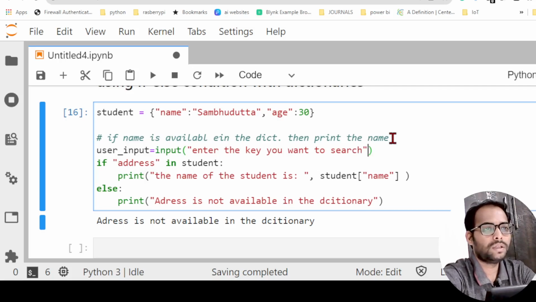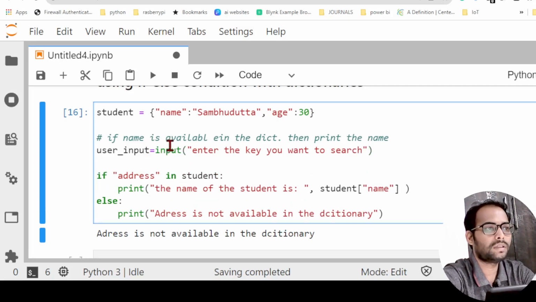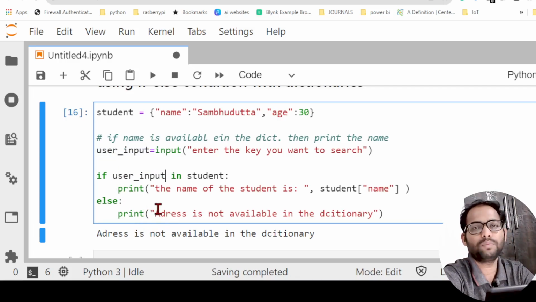Here I am not using int before input as I did in the previous video, because I know it's a string, so it's not a number. And when the user input is available, we'll check it. So if user input in student, then